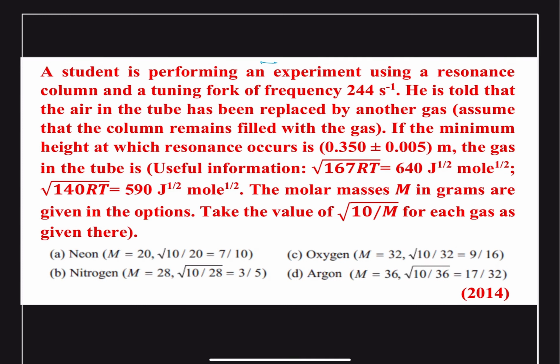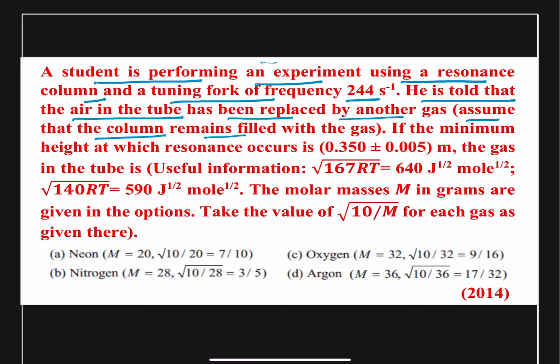Hello friends, in today's question, a student is performing an experiment using a resonance column and a tuning fork of frequency 244 per second. He is told that the air in the tube has been replaced by another gas. Assume that the column remains filled with the gas. If the minimum height at which the resonance occurs is 0.35 plus minus 0.005 meters, the gas in the tube